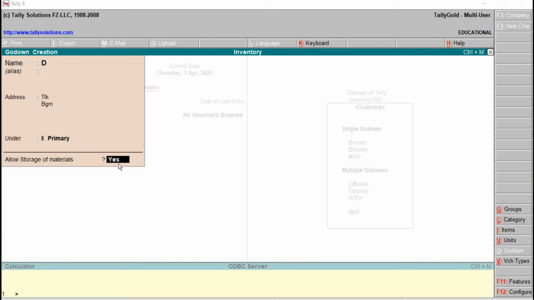That is nothing but when we go for recording a transaction, when we select the particular godown where the particular stock items have to be stored, in that case, in the godown list, this will not appear if this is set with no. Then later we have to save, press enter. Accept question mark, press Y from the keyboard. This is regarding the advanced mode.